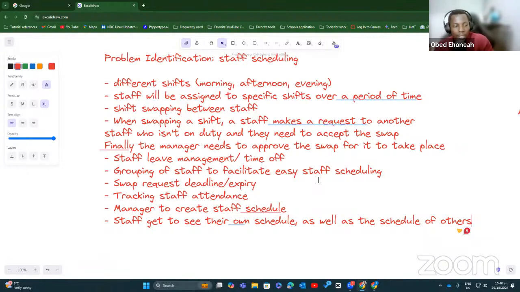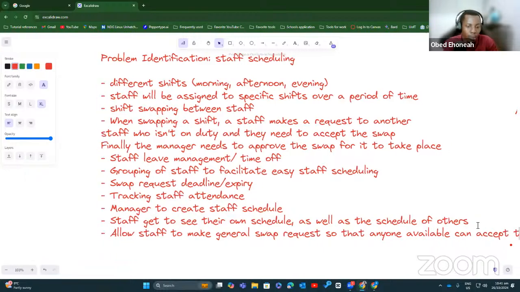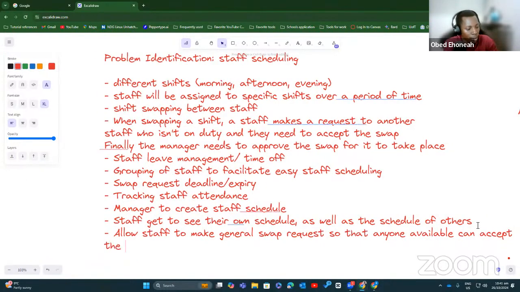But I think it also makes sense that instead of focusing on a single person, you can make a general swap request. Then whoever is available will accept that. So we can consider those two, right? Allow staff to make general swap requests so that anyone available can accept the swap. Okay.